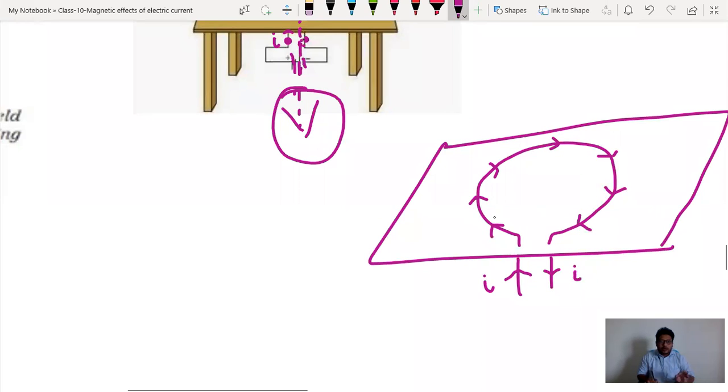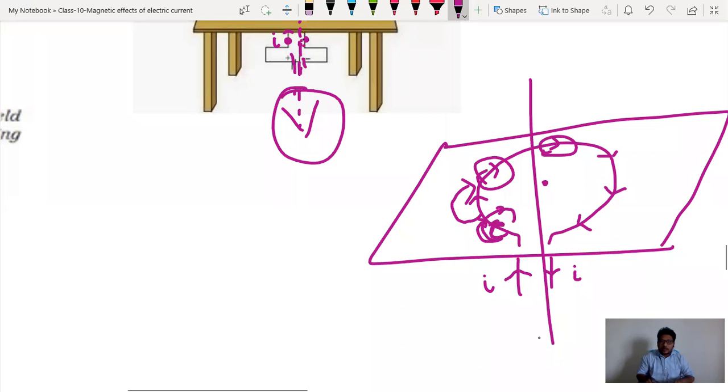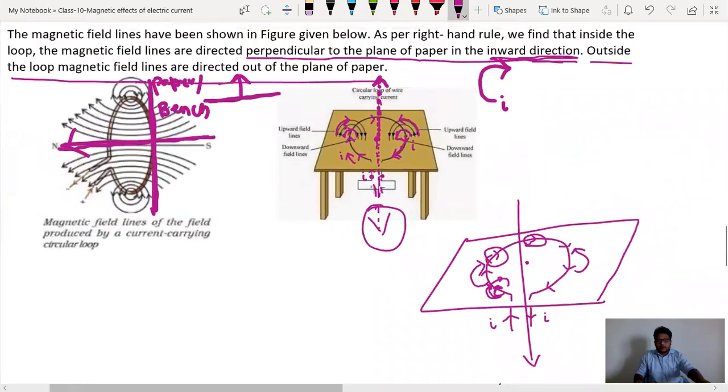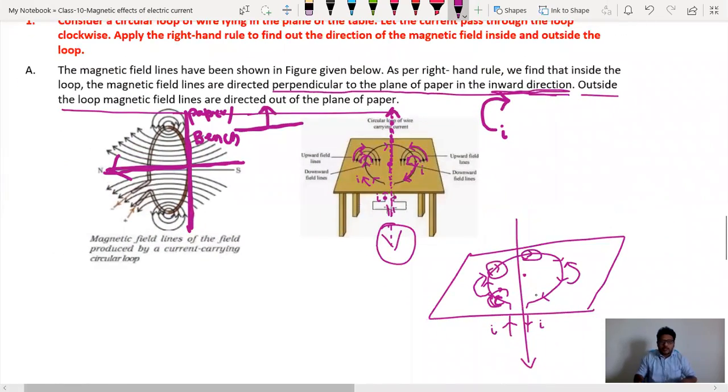Now, according to the right hand thumb rule, if current is in this direction, you need to close your fingers. So how will you close? Like this you will close, isn't it? All 4 fingers will be closed like this. So the magnetic field will be coming outside the paper, outside the plane. So there will be a circular loop, and inside that it will be directed towards the center, that should be in the downward direction, and outside in the upward direction, middle in the downward direction. Simple answer. So by this we have completed the in-text questions from these page numbers,